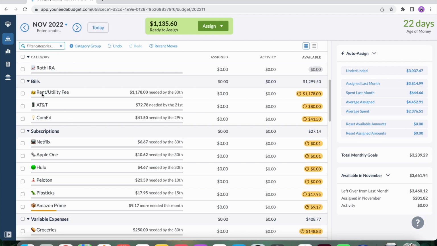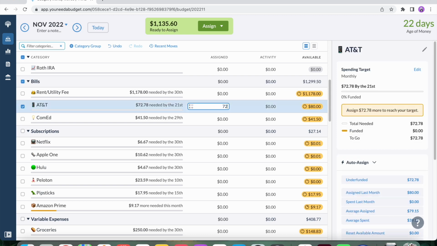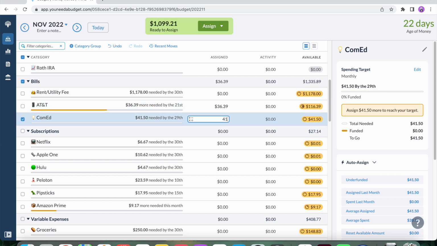I am not going to put any into this rent and utility fee. Again, that will come in with my next paycheck. So we're just going to do half of these bills. I've decided this is how I want to do it, at least for now. $41.50 divided by 2 is $20.75. I'm actually gonna move to my wireless keyboard rather than doing